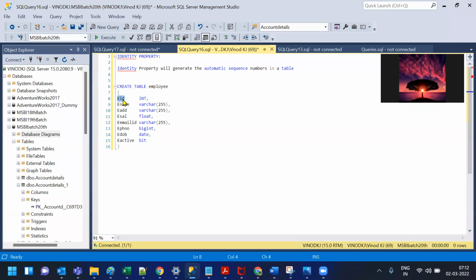Now I don't want to enter any numbers, so the system needs to generate the automatic numbers. The SQL Server needs to generate the automatic numbers. In such a case this identity property will help us. So now if you see the employee ID integer, if I want to make an automatic number, we just need to put identity after the data type. We just need to add identity